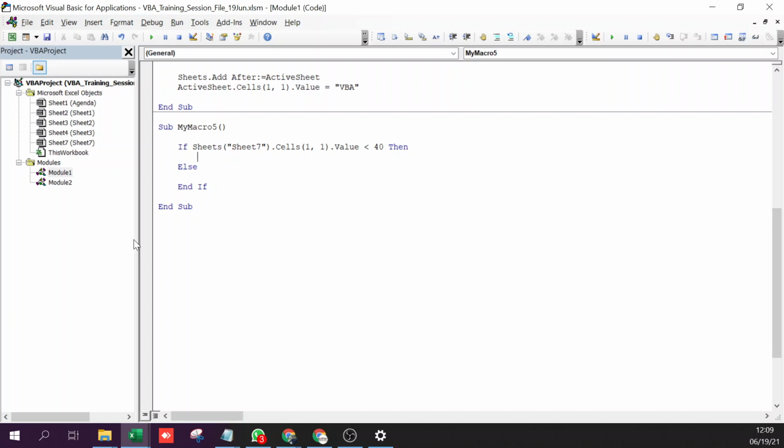I am looking for the actual line that I'm going to use here. Yeah, some of you guys are close. Yep, so that is one of the things that will work. Cells 1 comma 2 dot value equals fail.